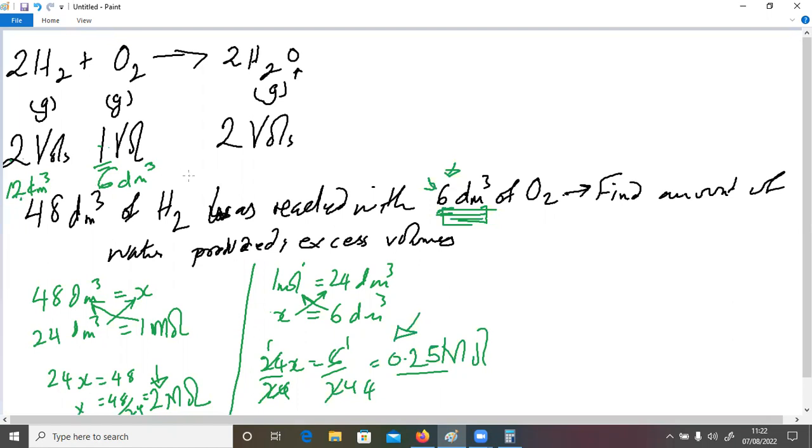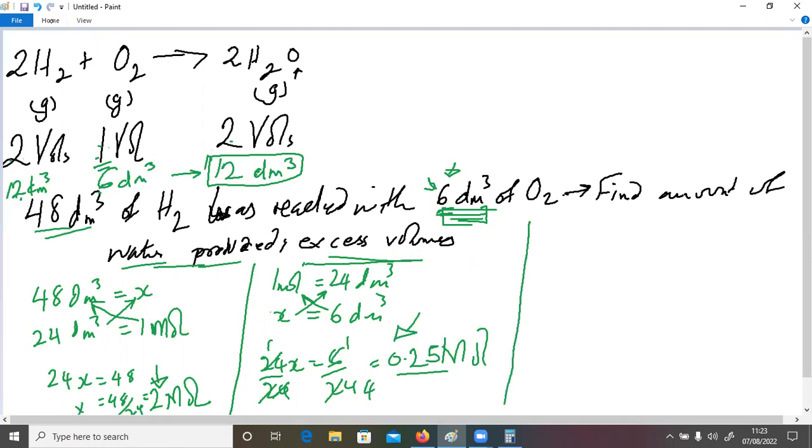And what's the volume of water which is produced? One volume produces two volumes, so 6 dm cubed will produce 12 dm cubed. All right. So what is the amount of water which was produced? It's right there, 12 dm cubed. All right. Now find the excess volume. Excess volume in this case is hydrogen. So initially, in that exploding container, we pushed in 48. We are looking at the volume of excess